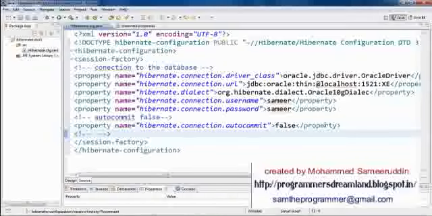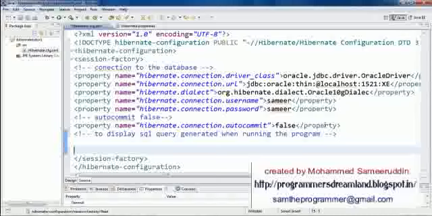Alright, so for that, to display SQL query generated when running the program,